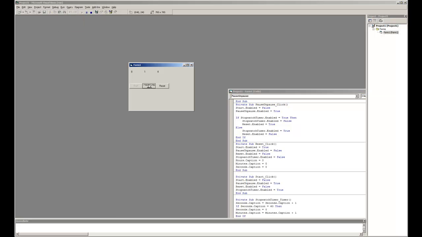Anyway, now that I fixed that, if I click pause, it will stop, and the reset button will enable. If I click reset, everything resets back to normal. If I press start, it will start again, obviously. If I press pause and then I press pause again, it will go back to being unpaused. So it works